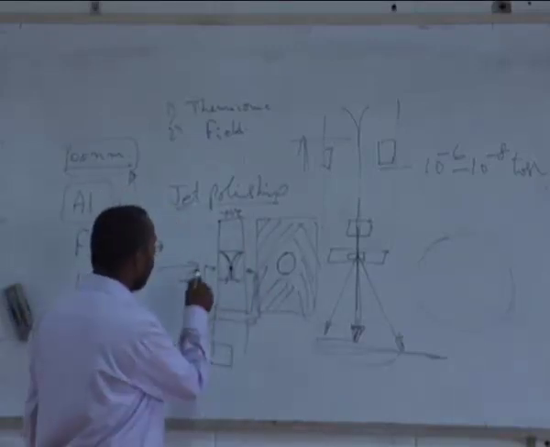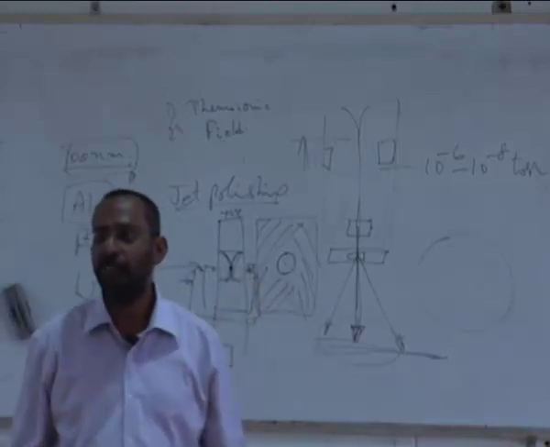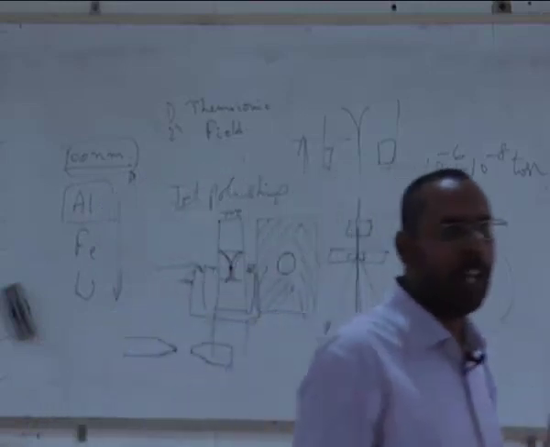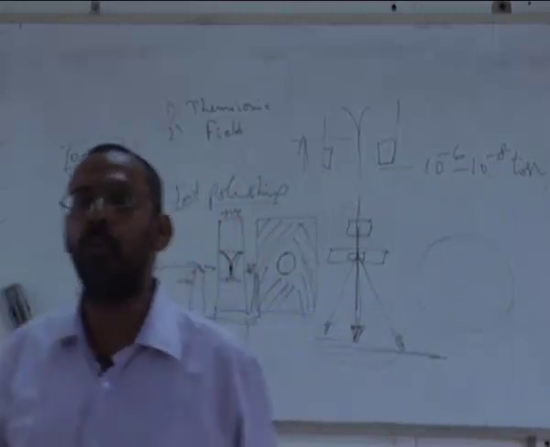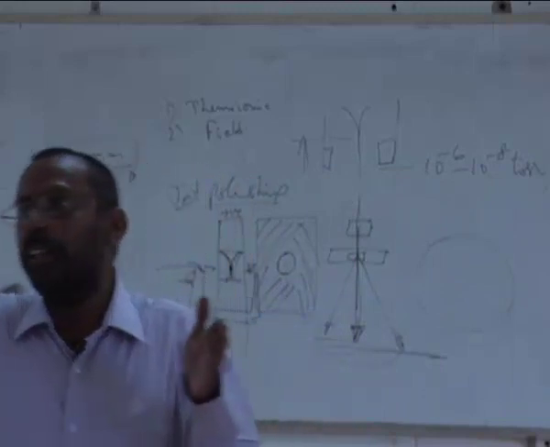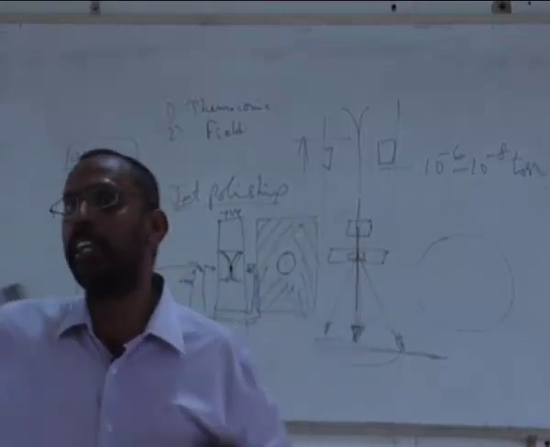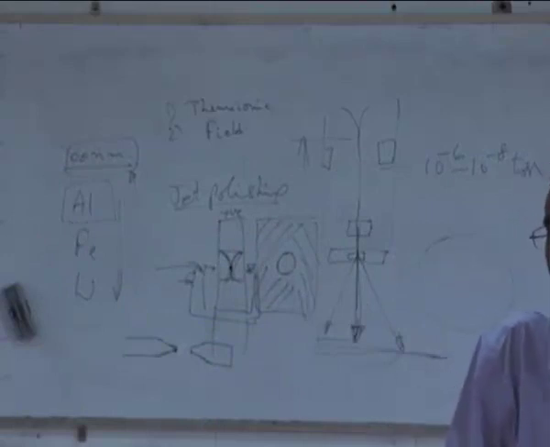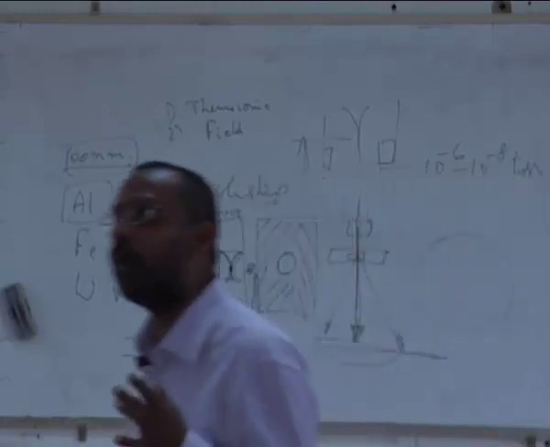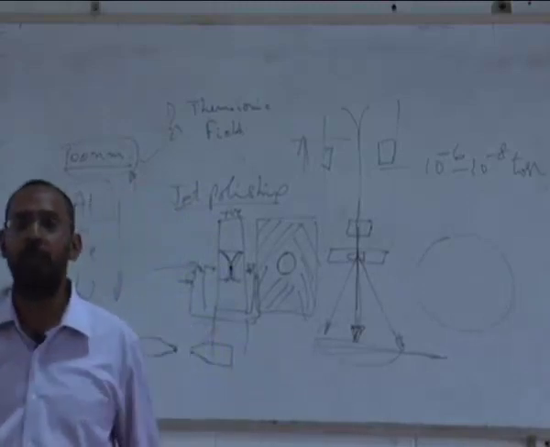I also put a light somewhere here and a photovoltaic cell here. The reason is, the moment a hole is formed, the photocell immediately detects the light, because light tries to pass through. As long as there is no hole, the photocell does not detect it. The moment there is a hole, the light is detected by the photocell and it cuts off the circuit. So there is no more dissolution. You can stop the dissolution as soon as one small hole is formed, and then you will be able to see the sample.